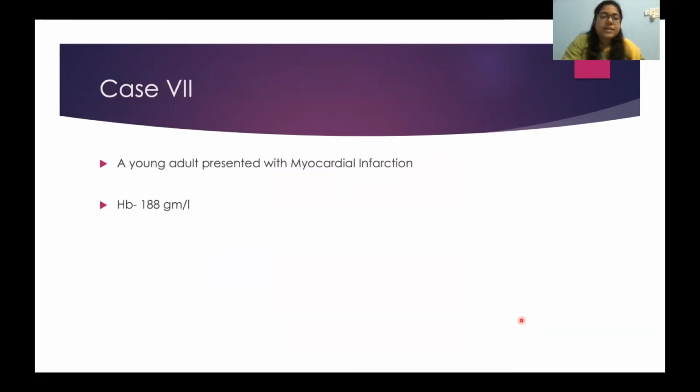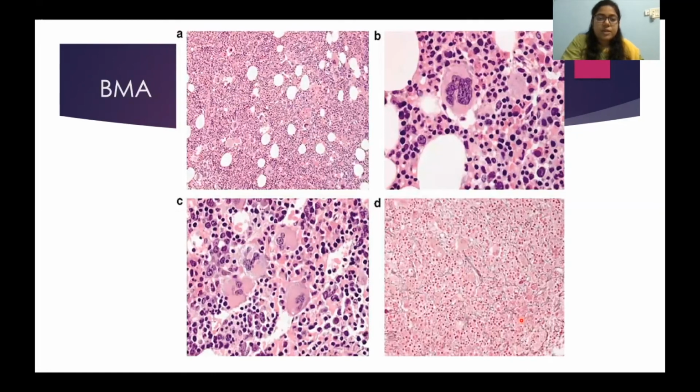Now coming to the next case, a young adult presented with myocardial infarction. You sent the lab parameters. Hemoglobin was 188 gram per liter, which is very high. Obviously the suspicion here was polycythemia. You did a bone marrow examination which showed